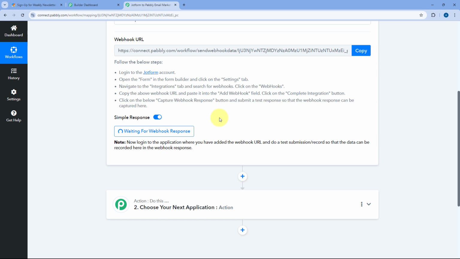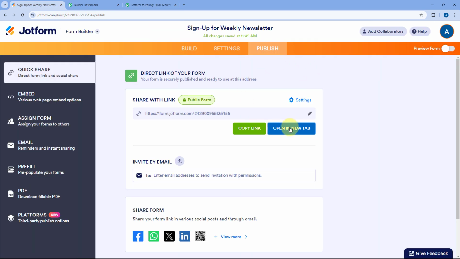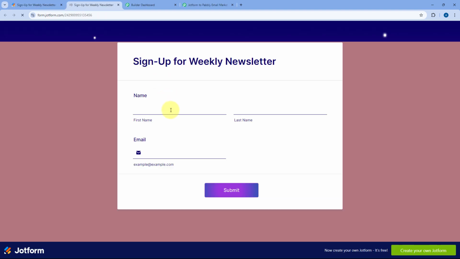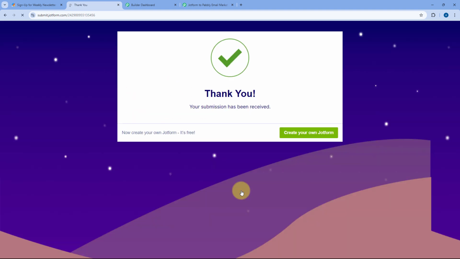And here in our Pabbly Connect workflow as well, you can see it is showing us waiting for webhook response. This means Pabbly Connect is waiting to get some response of a form submission from Jotform. So let's do it. I'll just open this form in a new tab, and after opening this form, we are going to make a test form submission. Let's say the name of the person is test user and this is the email address who is submitting the form. After entering these details, let's click on submit, and as we click on submit, here you can see the